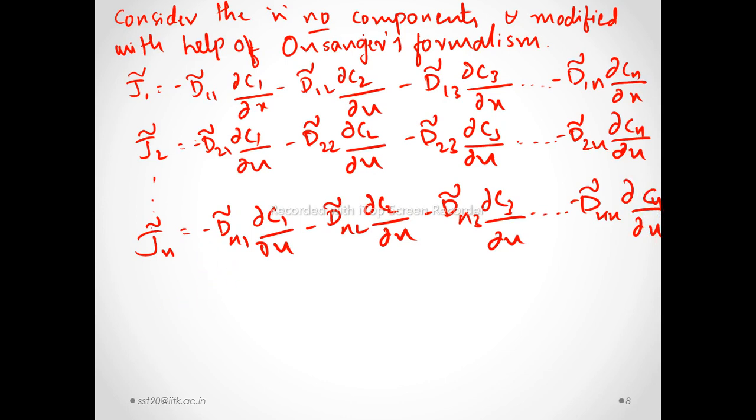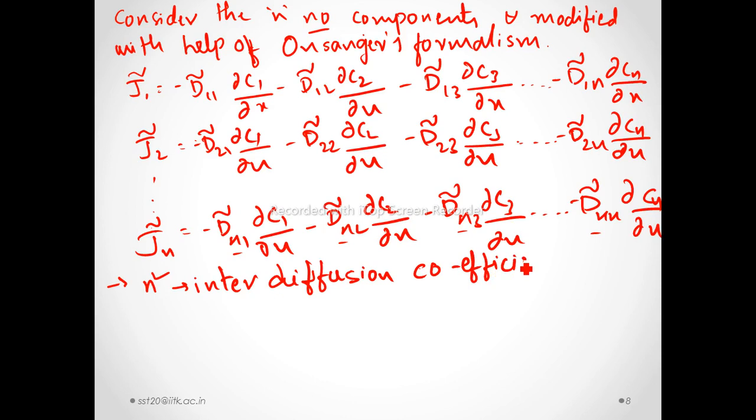Here in this equation there are totally n square interdiffusion coefficients. These are the interdiffusion coefficients, and how many interdiffusion coefficients are required to define this whole system is n square interdiffusion coefficients. Okay,